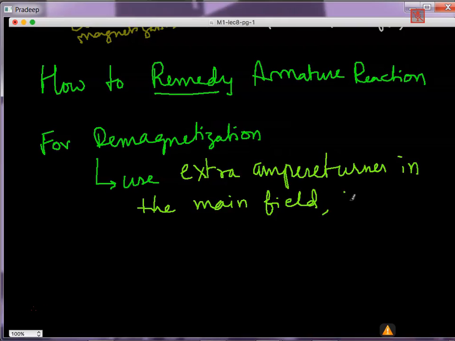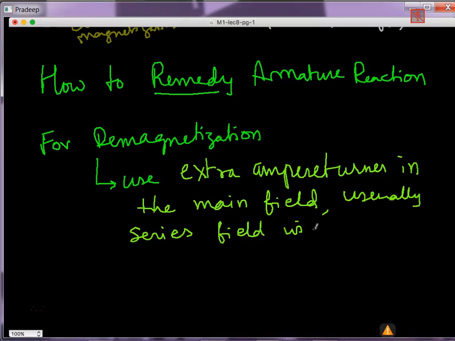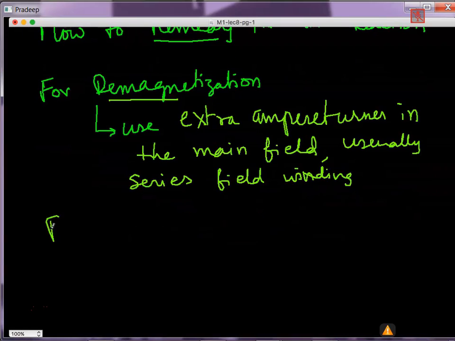So usually series field winding, because the series field winding will carry the same current as in the armature. So as the armature current increases, the armature reaction increases, but at the same time, the magnetization also increases. So for cross magnetization,